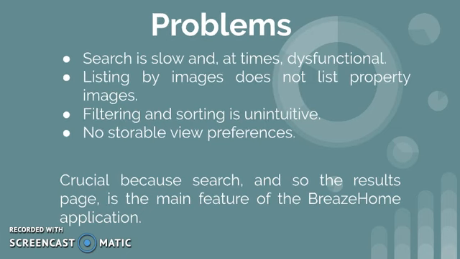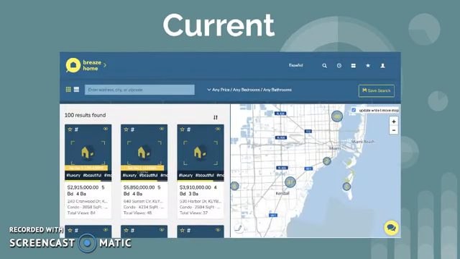So if we look at how our application is set up right now, we see that when we search, after a slow search, sometimes unresponsive search, we see what's meant to be listing by property images. We see no images that are relevant to the actual properties. We just see a generic stock photo repeated through all properties. We also don't see any ability to customize things like hiding the map,